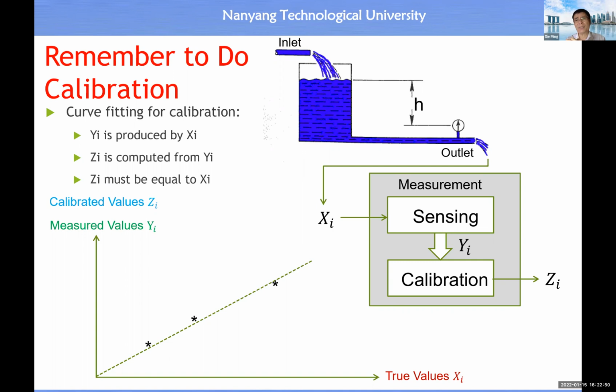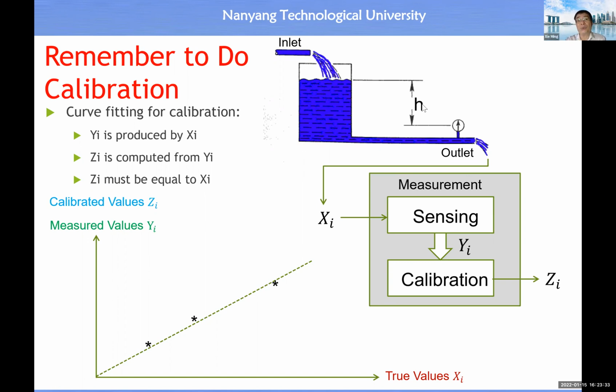transformation from the value of a physical quantity on the measurement into a readable value, always remember to do calibration. Okay, because the calibration will only allow you to assign a unit of measurement to the final value, which is the same as the unit of measurement on the measurement, all right? And in addition, the output, ZI, is exactly equal to the input XI after calibration, because we want the relationship between XI and ZI to follow this straight line, which is at 45 degrees above the horizontal axis.